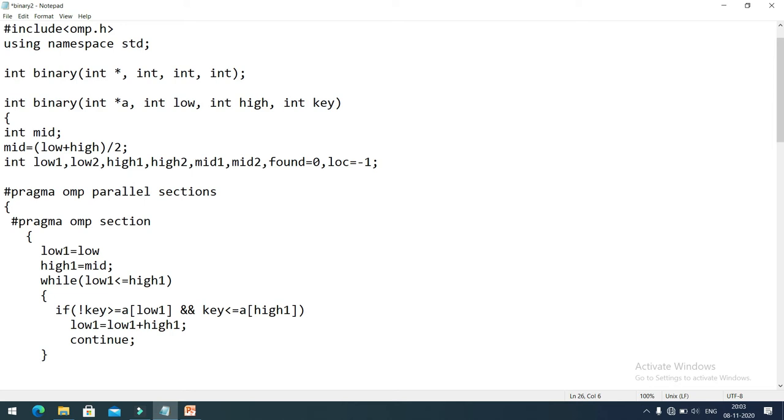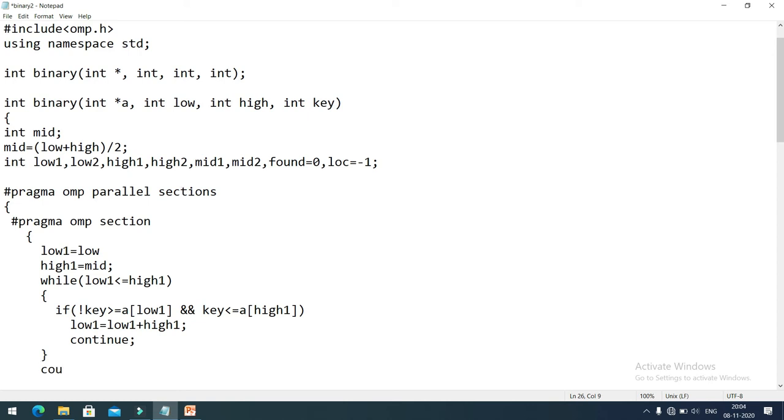Now, in order to differentiate how these parallel sections are executed, I will simply write here one statement so that we can identify whether the parallel sections are executed or not.